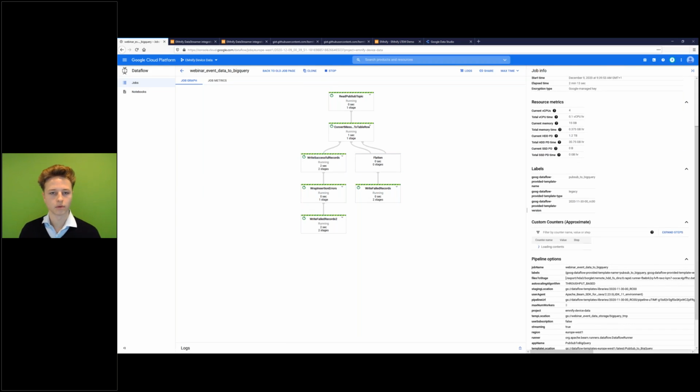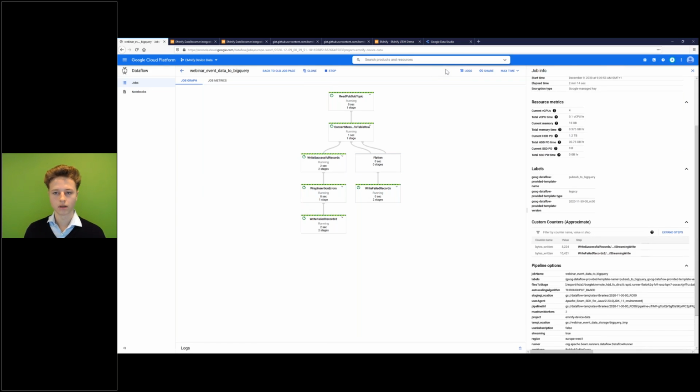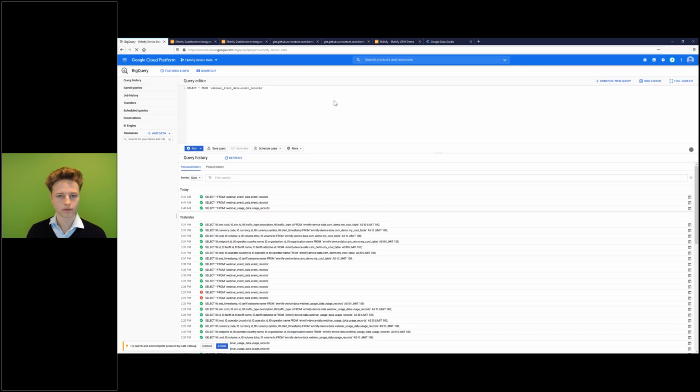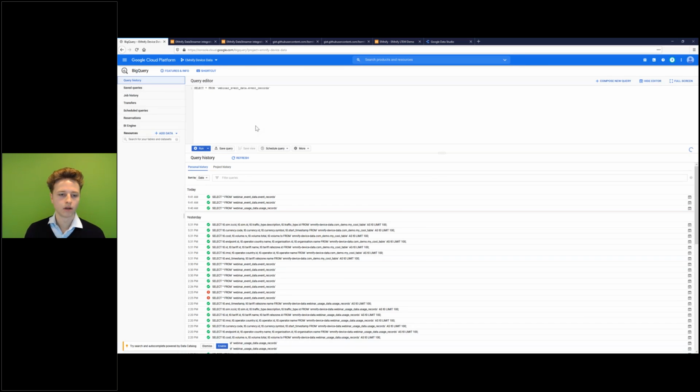Okay, this is running, that's good, and there are no error logs, so this will just take a little more time, which is fine. In the meantime, since there were no error logs, we can assume that we did everything correct. So now we're moving on to our final step, which is creating the dashboard in Data Studio.